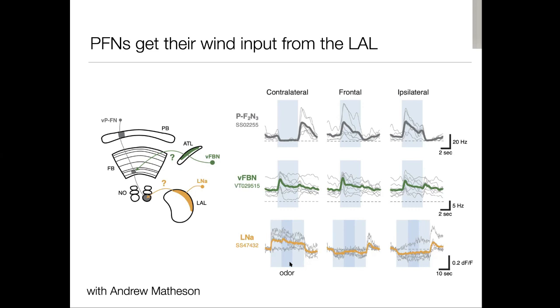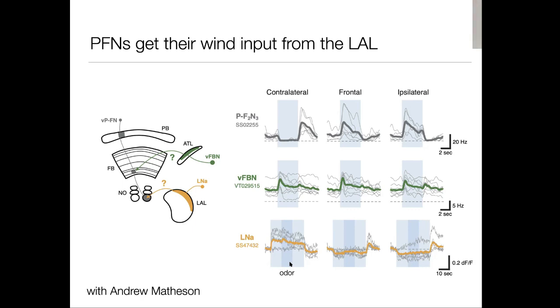And one of our hypotheses about this gets back to this idea that wind direction is kind of an abstract quantity out in the world that you need to derive, and that the way that you derive it is going to depend on whether you're walking or you're flying. So as I mentioned earlier, a walking fly can derive in a very straightforward way the wind direction from movements of its antenna, but if a fly is in flight, it can no longer do that, and it has to